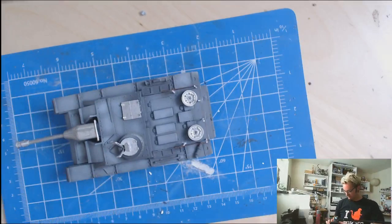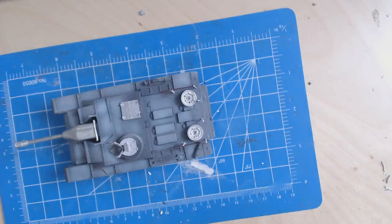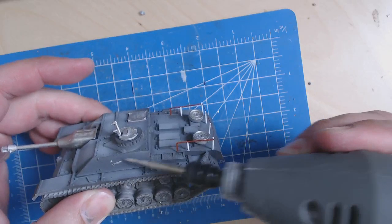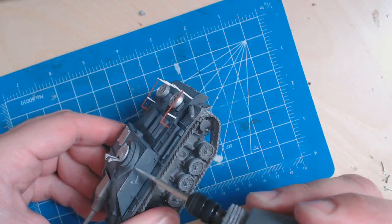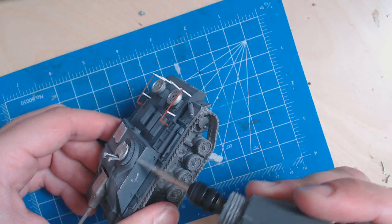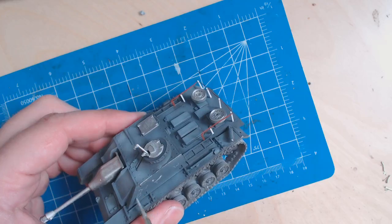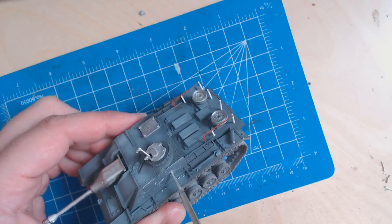So, I'm going to turn on the Dremel and subject you guys to some horrible, horrible noise. I'm going to start here where you guys can see it under the camera. Go all in for that. I'm going to just create some rough spots. I'm going to rough up some of the edges a bit. This is a fine tip burr. Apply a little bit of pressure. Let it roll. Right now you'll see I'm just creating